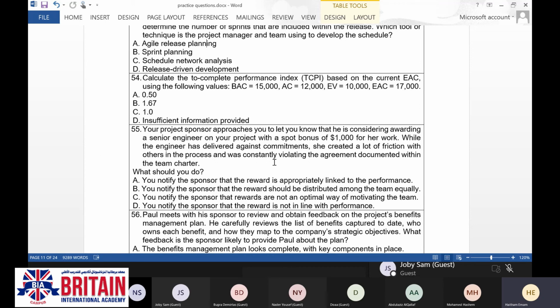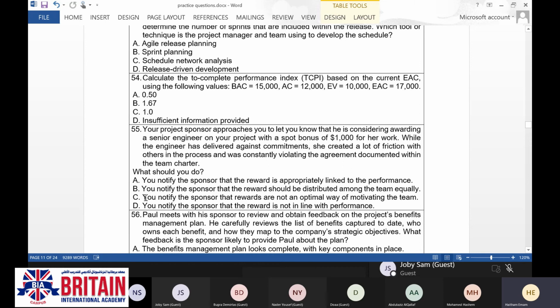So when it comes to this part, the question is saying that she created a lot of friction with others in the process and was constantly violating the agreement documented within the team charter. So she's a problem maker and she's not following the rules.